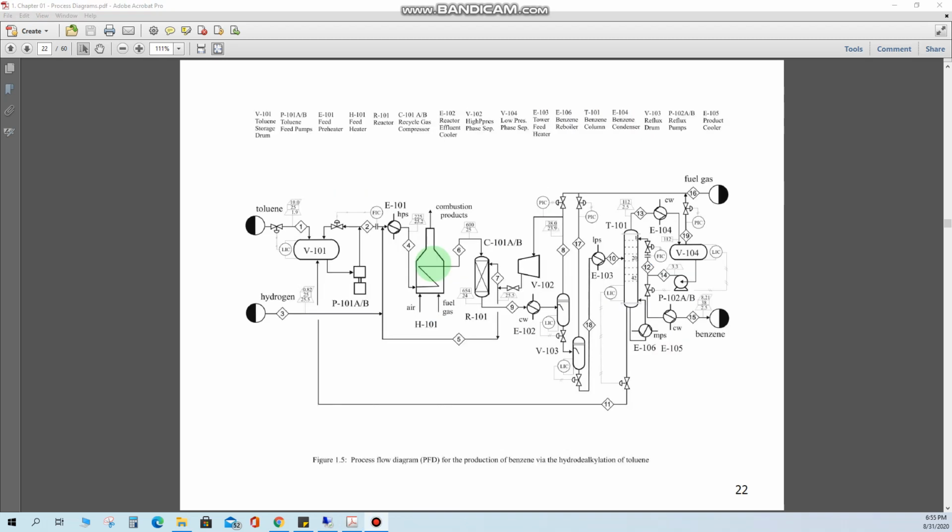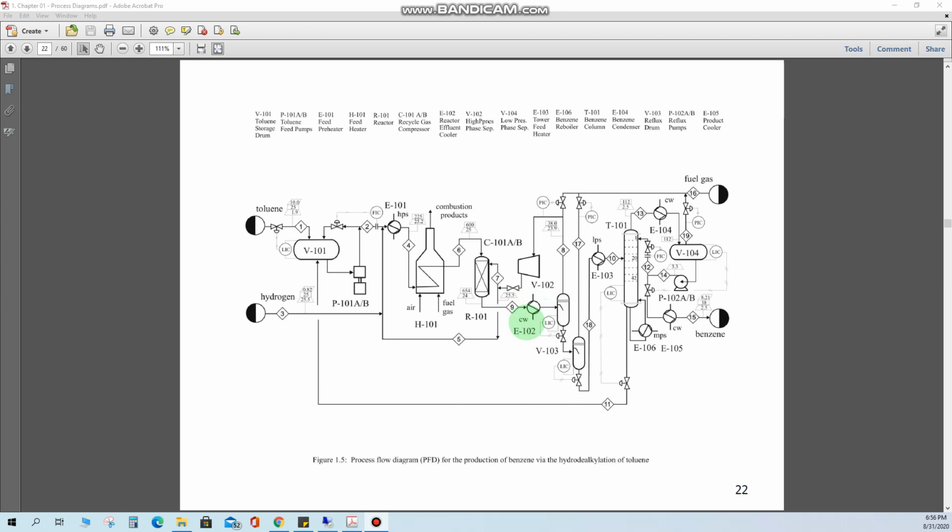Now let us see this flow sheet again here, and we discussed this one. Now there is one thing missing that we did not discuss earlier. This one is the heater, which can be used to heat this process stream or to cool this process stream. Now HPS here represents the high pressure steam. If you look at the other heat exchangers like this one, which has the CW inlet stream, that represents that some cooling is going on here with the cooling water.